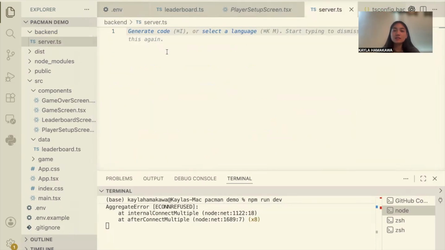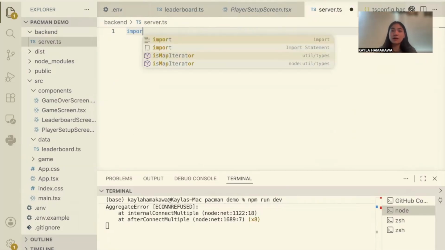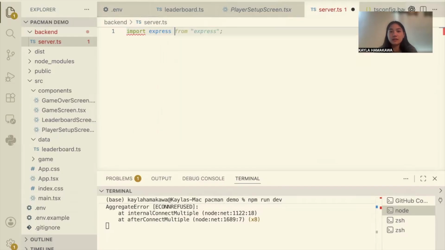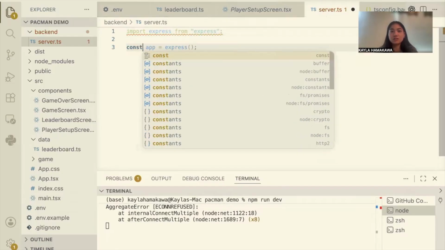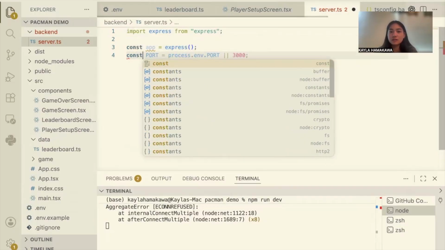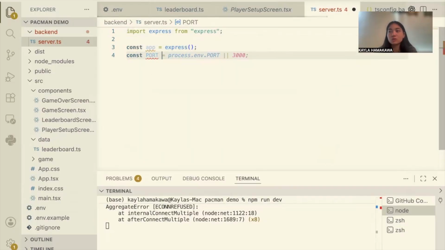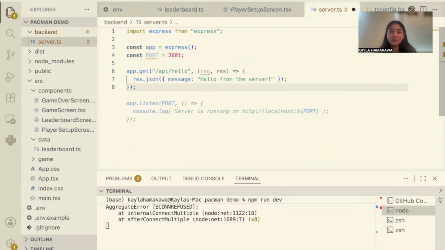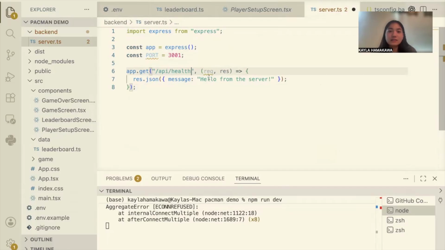So for now, we want to start off by importing Express and then doing somewhat boilerplate to just get us started and get our requests ready, I suppose. So, okay, I'm adding this